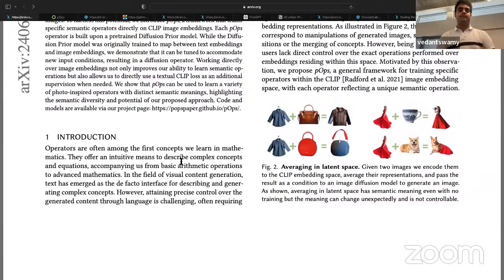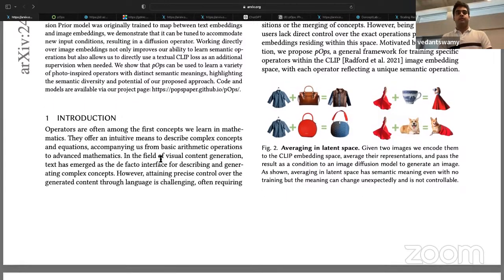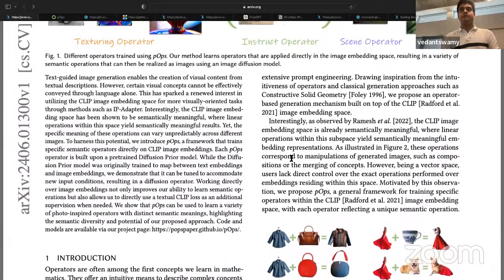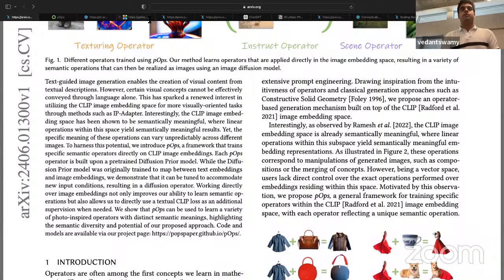So just like basic arithmetic operations in the field of mathematics, in the field of visual content generation, text is pretty much the most basic form. Text plays the role of operations just like in math. However, it has several disadvantages. For example, you can't get precise control over the generated content just by using text. This often requires prompt engineering, which involves